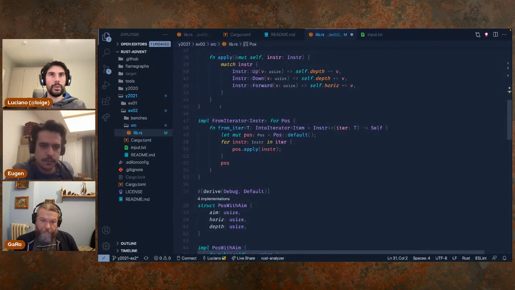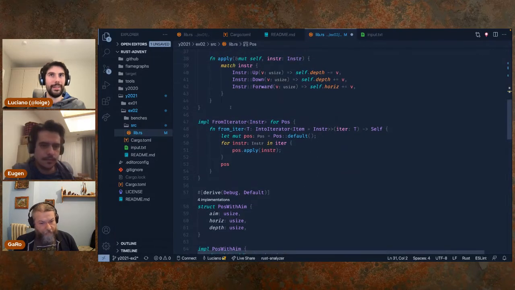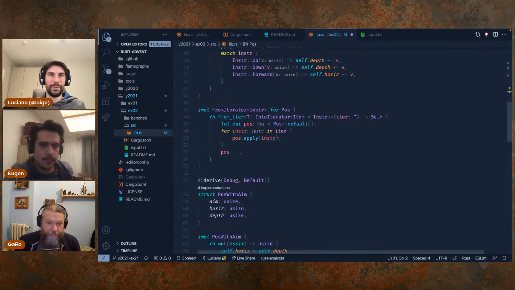Okay, so now I remember how I implemented this one, which maybe is not the most sensible solution in Rust, but it was fun to do it this way. So let me know what you think. But basically what I did, I created